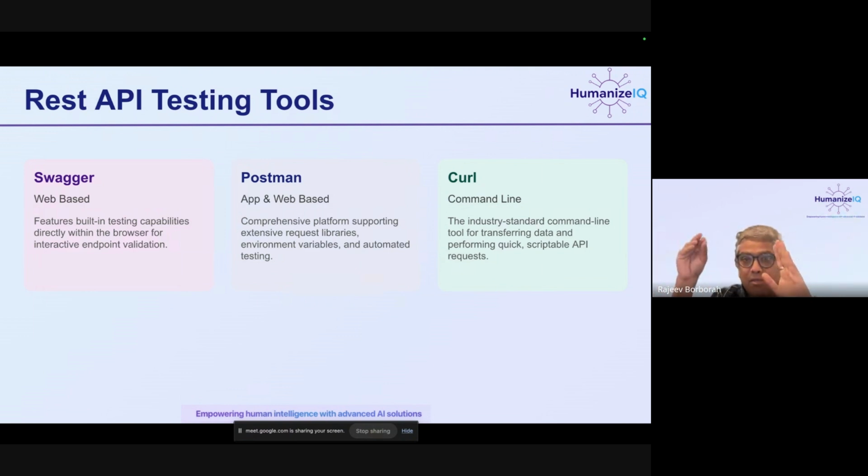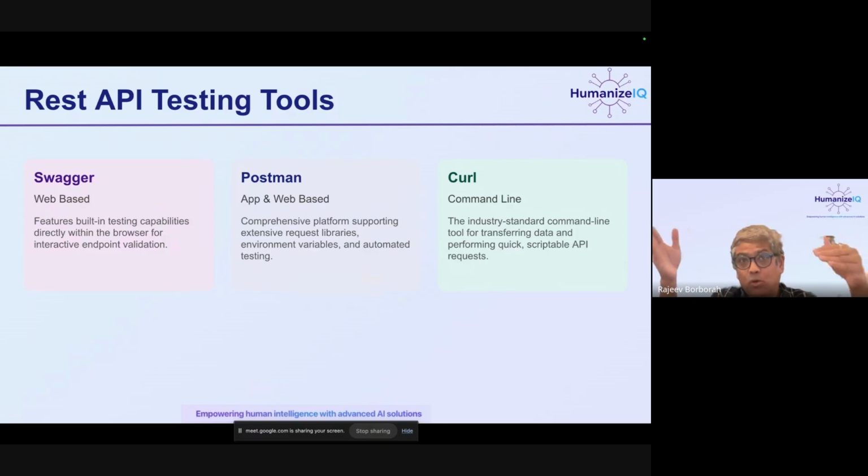you can test. And curl is a command line way of testing. I would make sure that you know how to execute a curl command on the command line, because sometimes one tool is not working and you want to debug it. These three tools will help you. So do not learn one or the other. All these three tools will be needed. So please practice these three tools.